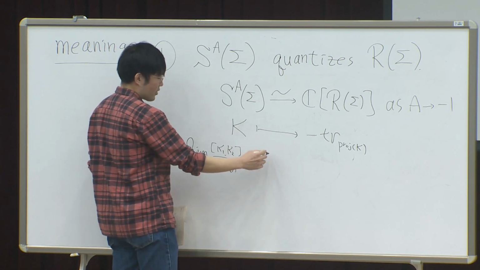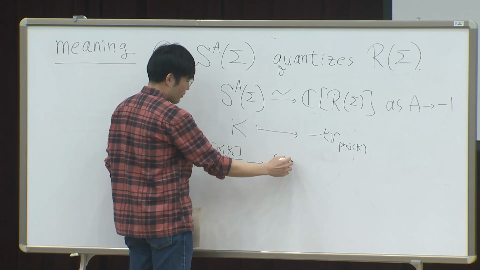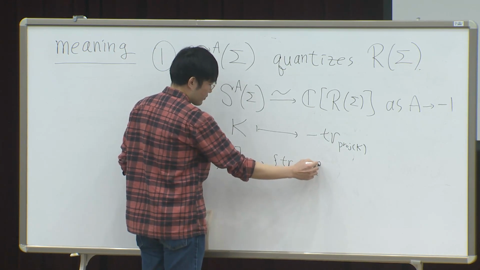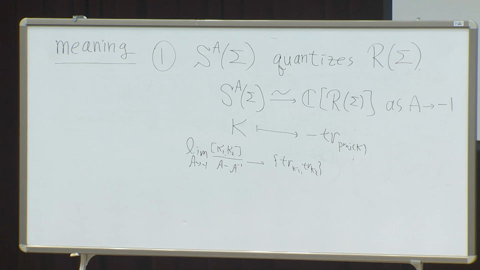Then this recovers Goldman's Poisson bracket. So in some sense, this skein algebra is a quantization of the character variety that we have seen before. And this was all discovered in the late 80s and early 90s. But I can also say one more meaning of this skein algebra defined this way,